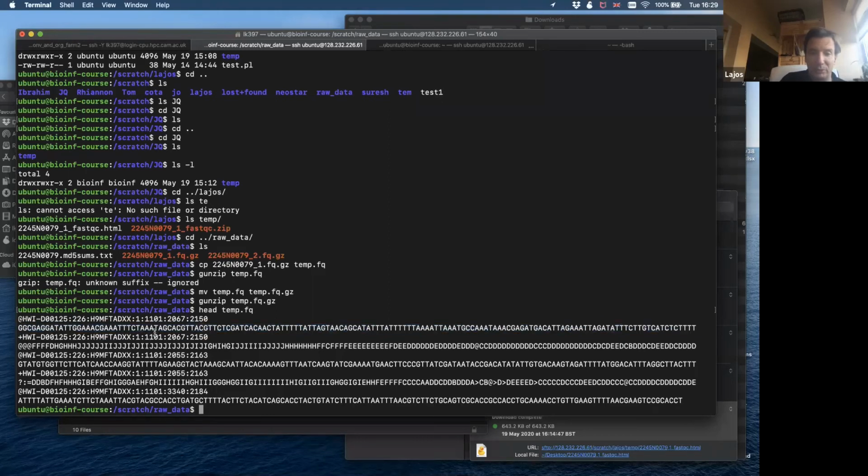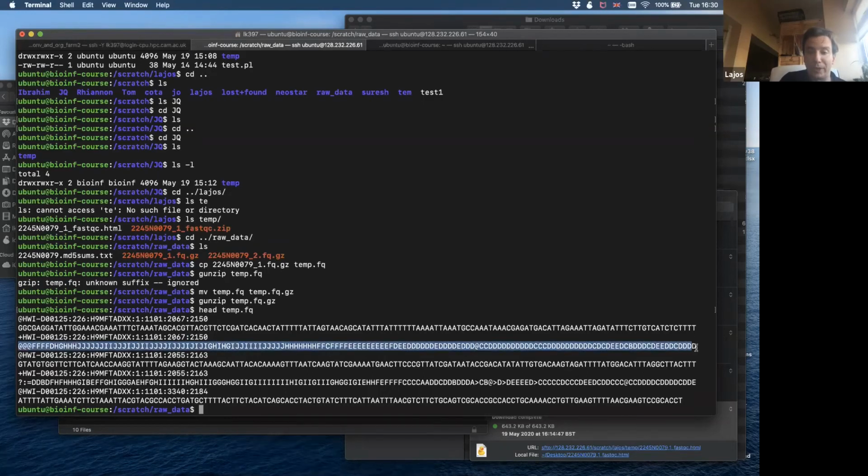This line is usually empty, starting with a plus sign. The plus sign is always there, but it's usually completely empty. In this case, they just copied the content of the very first line. So it's exactly the same, which is completely unnecessary. And this line is